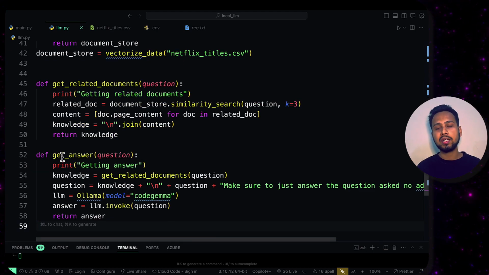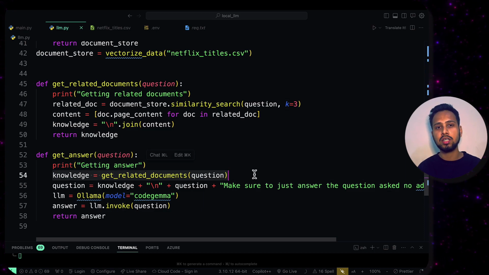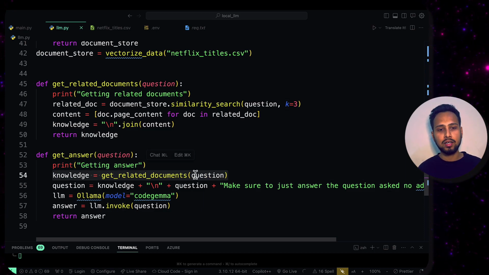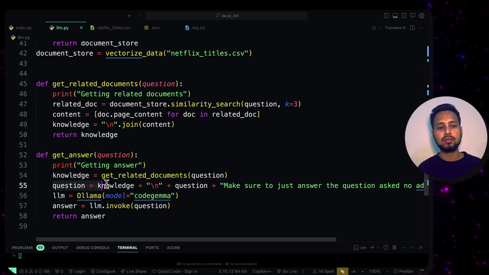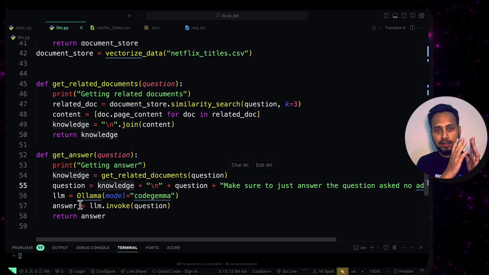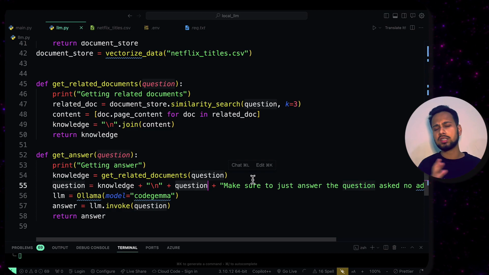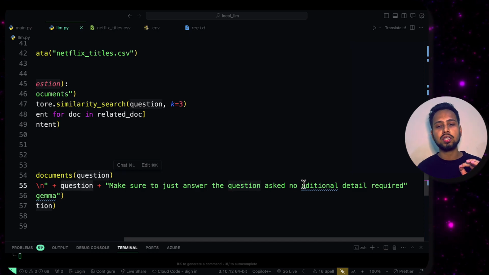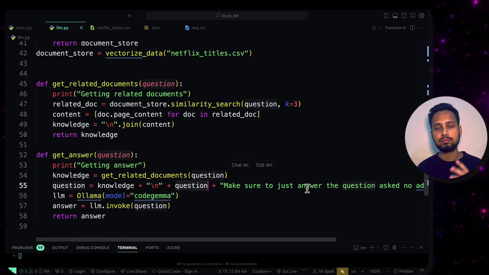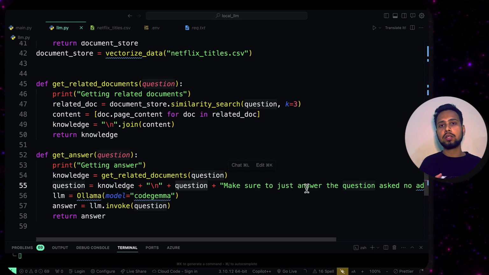Here I have written the get answer function. Here the knowledge comes from get relevant documents. First we get the related documents for whatever question the user has asked. Then we provide the knowledge plus whatever question the user has asked, and it's a simple prompt engineering kind of thing. I have written, "Make sure to answer the question asked, no additional detail required." It should just answer to the point, because the model that you will be downloading is not going to be super smart compared to other models that are hosted